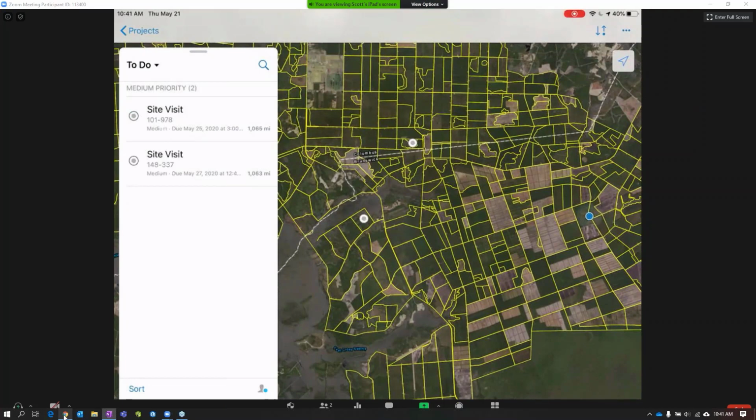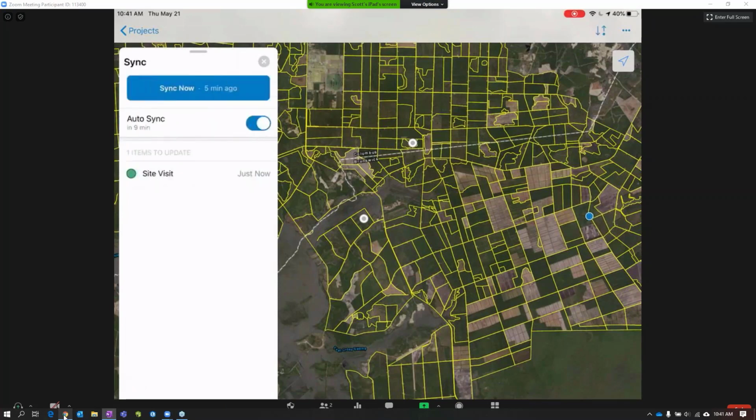One more thing, since Workforce now works completely offline, I can do all of this disconnected. Maybe I go to a cafe for a quick bite to eat for lunch or something like that, and I want to go ahead and sync the results that I did in the morning. I can click this nifty little sync button, and I've got a couple options. I can sync at a specified interval, or I can go ahead and manually sync. And what that's going to do is send up all the changes I've made. So this assignment that I've completed, it's going to go ahead and sync that back up so the people in the office can see that information.